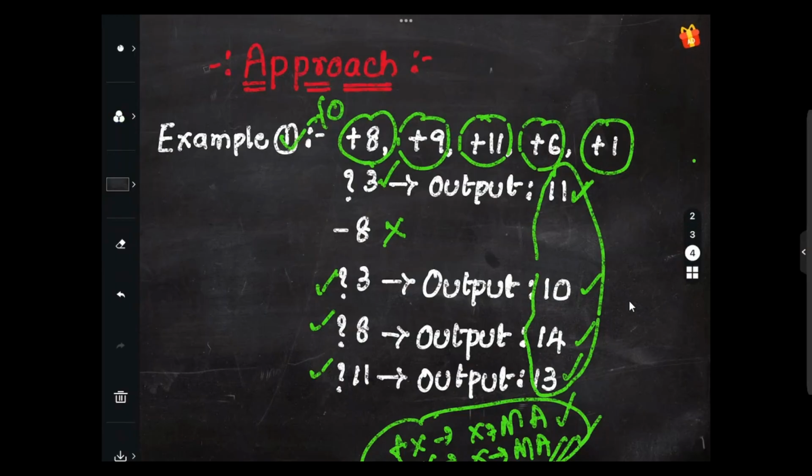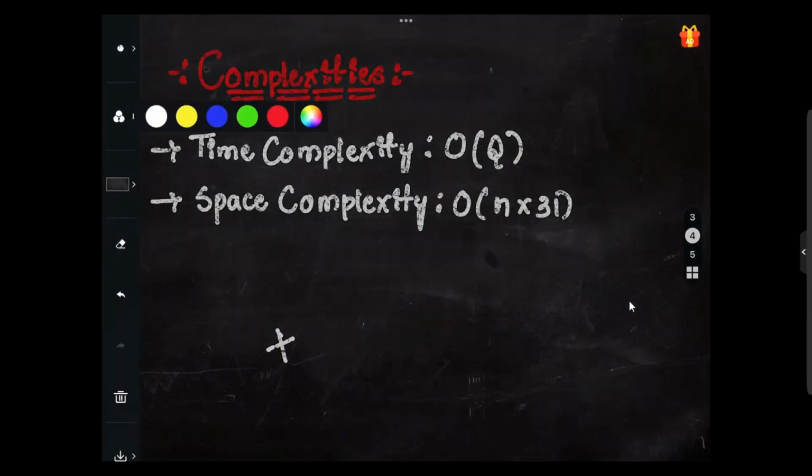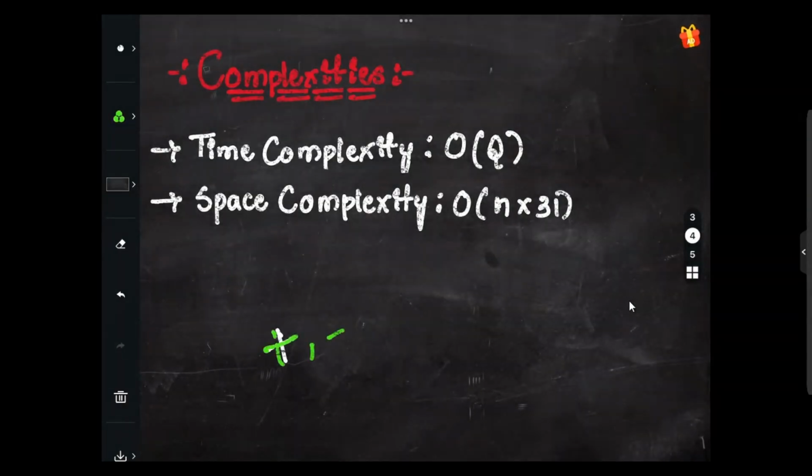Yeah, let's move on with the complexities part. So what will be the time complexity? The overall time complexity would be big O of q. See, for each operation, as we are going with plus, minus, and the question mark symbol,